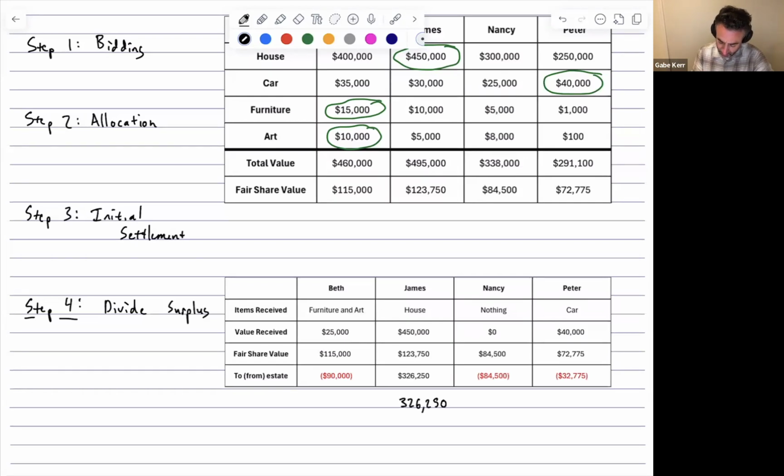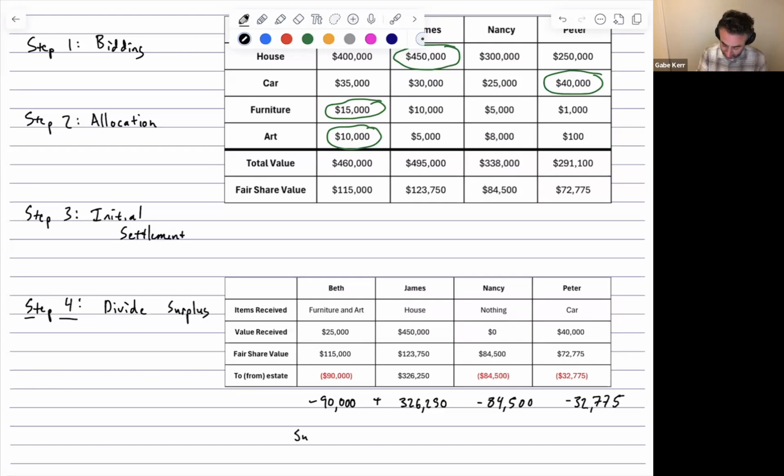$326,250. It had to pay out $90,000 to Beth, and it had to pay out $84,500 to Nancy, and it had to pay out $32,775. So if we add and subtract this total, or this amount of dollars, we will end up